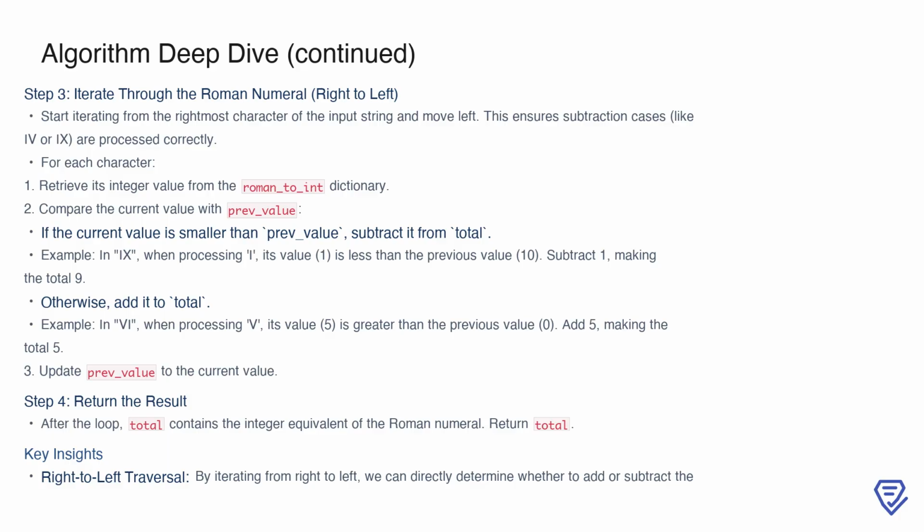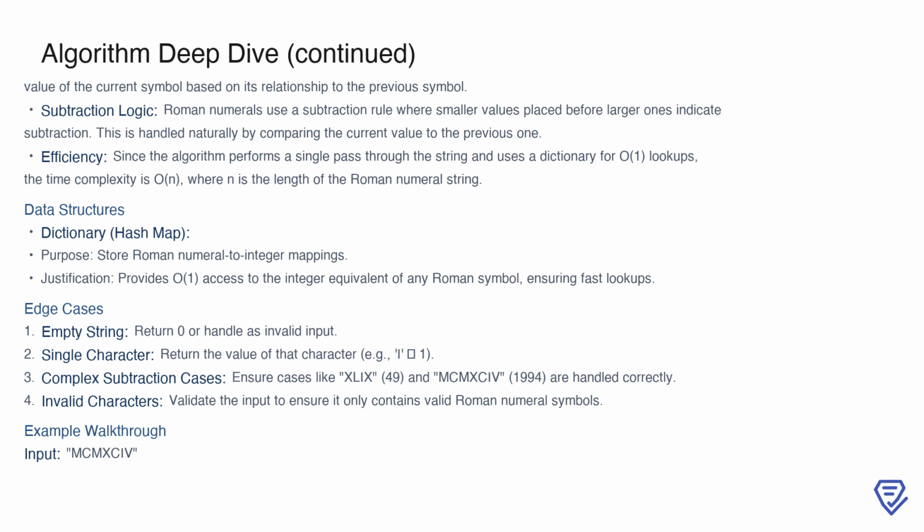Once all characters are processed, the total variable contains the integer equivalent of the Roman numeral, which we then return as the result. This approach works efficiently due to a few key insights. First, iterating from right to left naturally aligns with the subtraction logic of Roman numerals. When a smaller value precedes a larger one, we subtract, otherwise, we add. This simple comparison eliminates the need for complex logic or